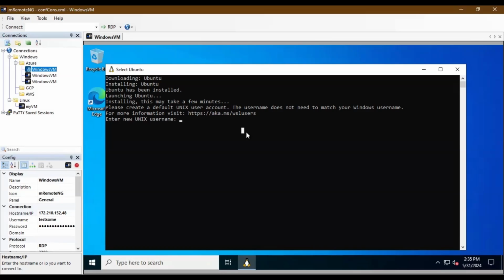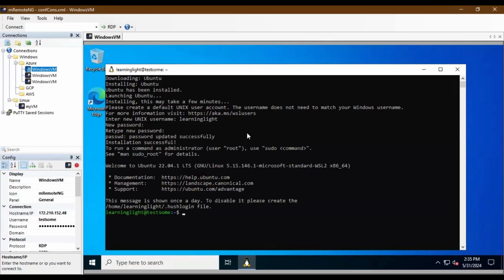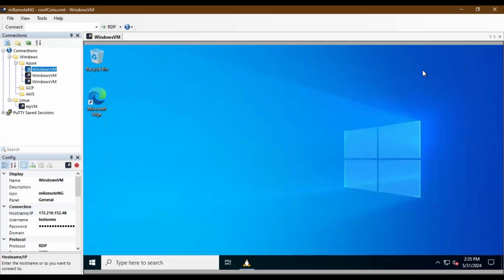Now it is asking to provide the username, and we will say learning light, and then it is asking the password, and the installation is successful. Now let's minimize this particular window and let's open the Microsoft Edge browser,